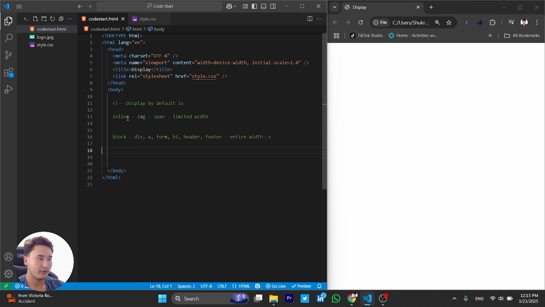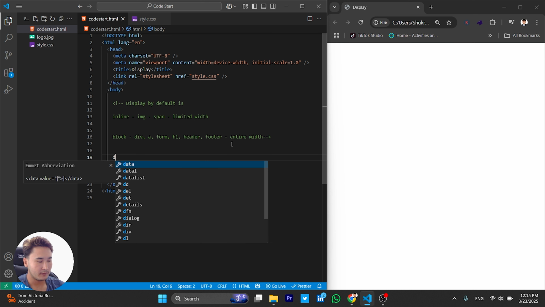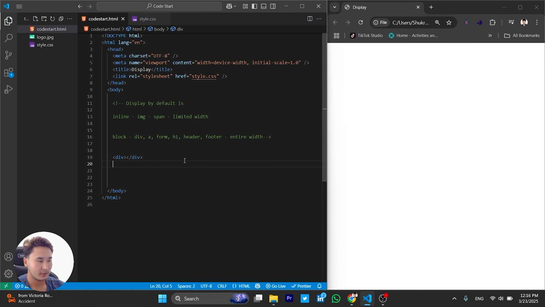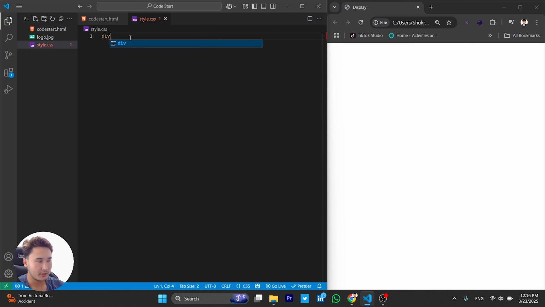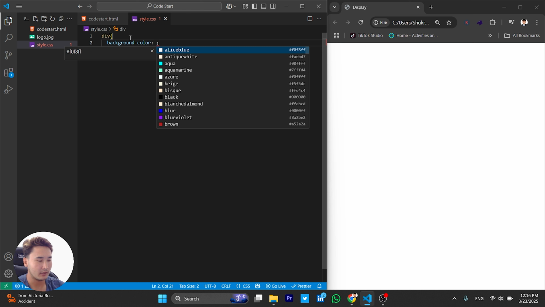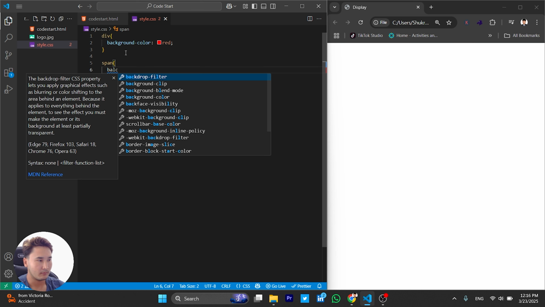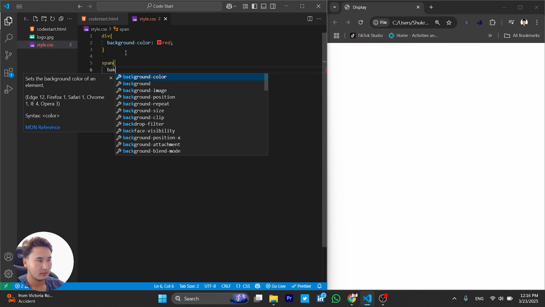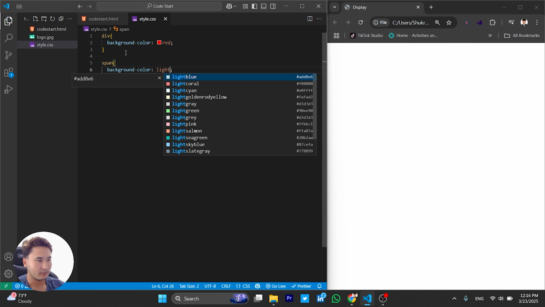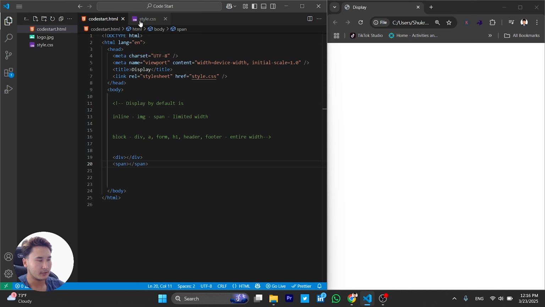For the inline elements we have image and span, and for the block elements we have div, anchor tag, form, header, heading 1 up to heading 6, header and footer, that take the entire width. So if I give you an example, let's have one div and one span here. Going to our style.css, we give our div a background color, and the span is going to have a background color of light blue. If we have a little bit of content here,